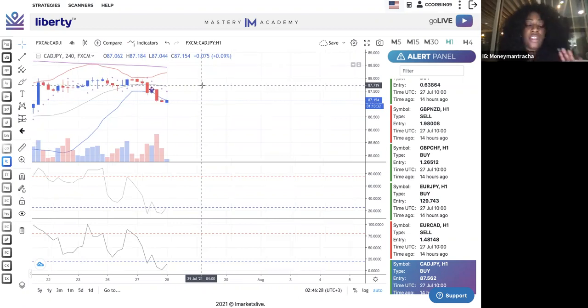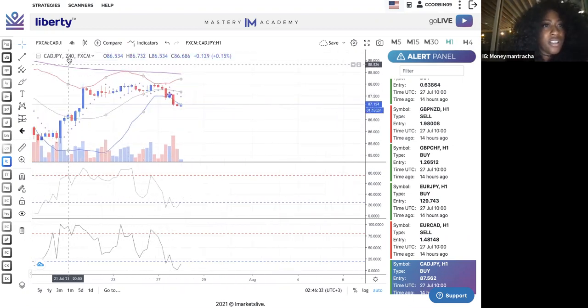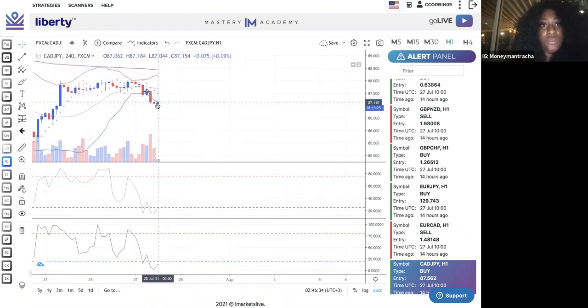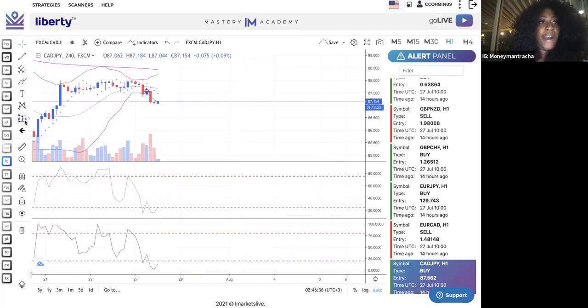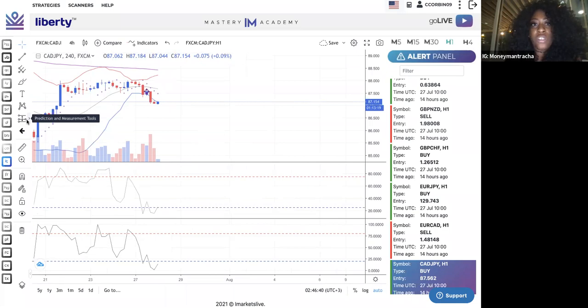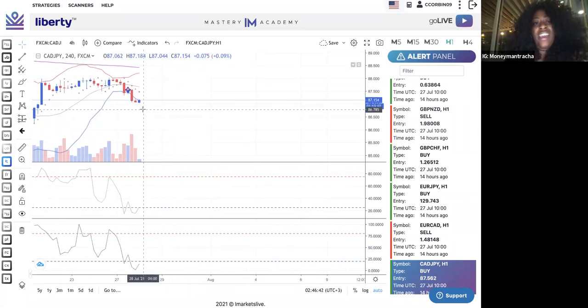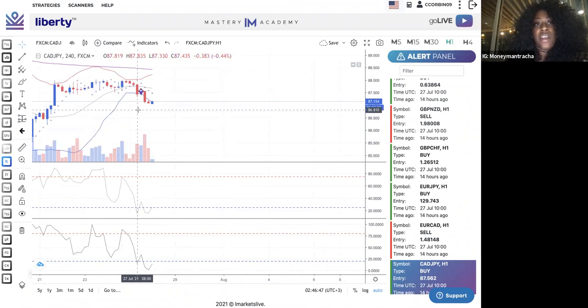If you don't know how to do that, let me give you the skinny real quick. This is what you do. Why does it say 240? Anyway, this is what you do. If you're going for a buy, you want to click this tool. A buy is considered, even with the SAR on top. Yeah, I would say even with the SAR on top, because with the SAR, from just my interpretation right now,